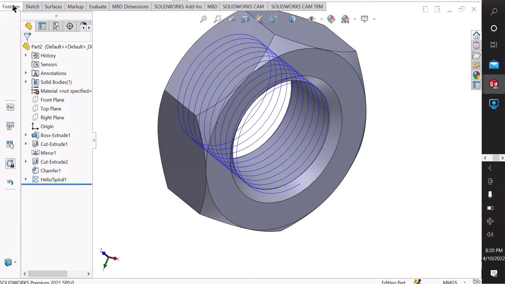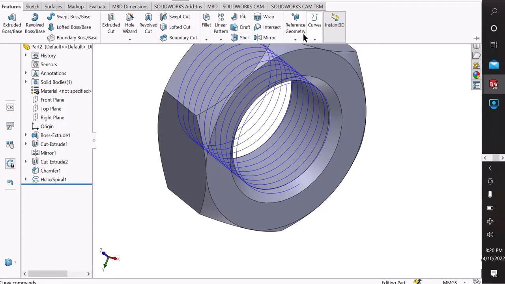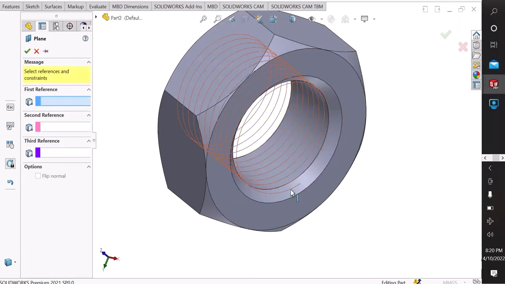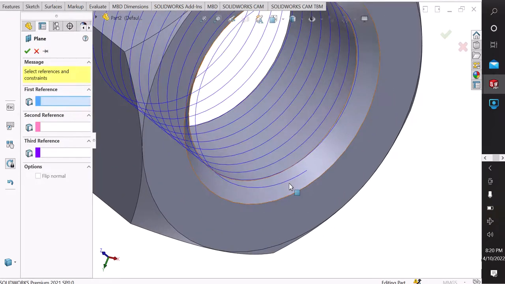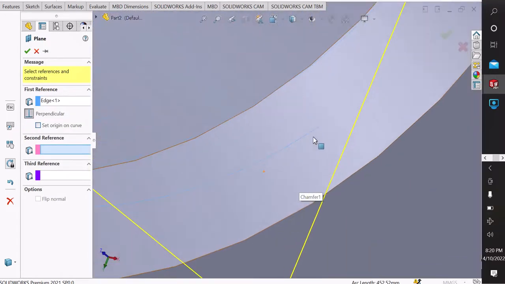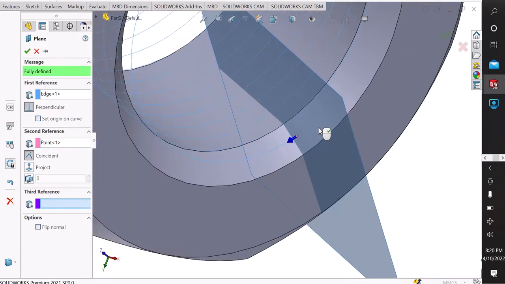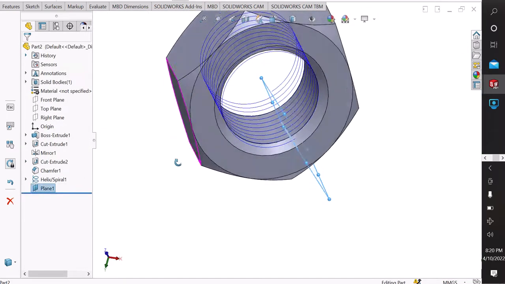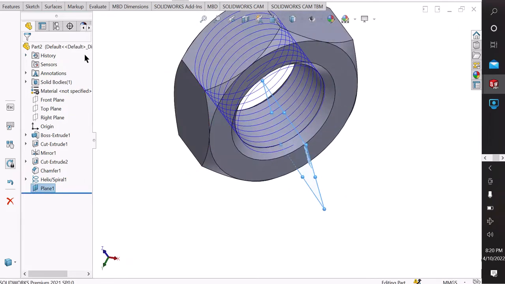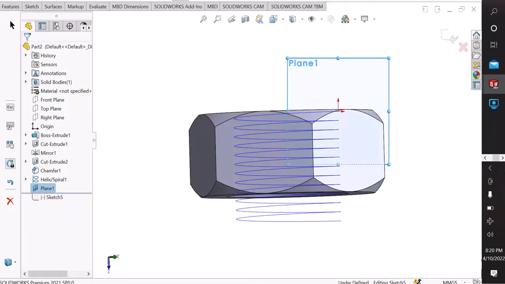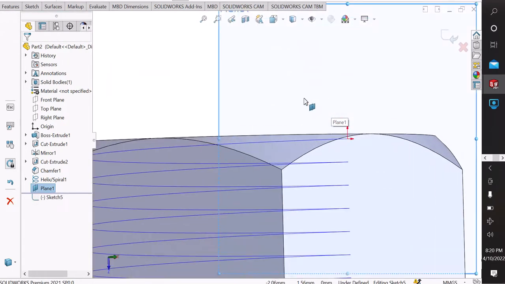So first click here feature and take the reference geometry. Click here to options, here is plane. First click the spiral options, and then click this point. Okay, see, here is plane is created. Now I choose sketch. Okay, and then